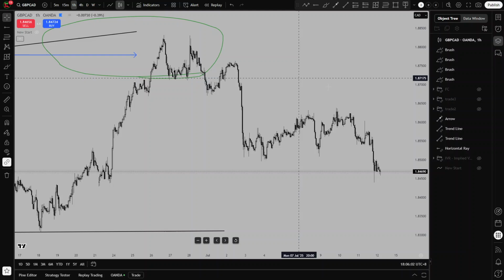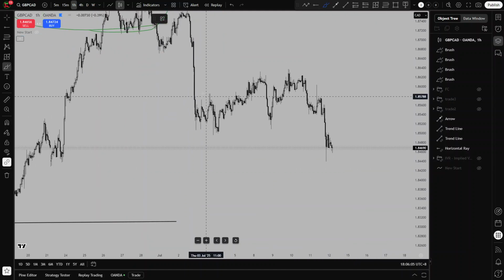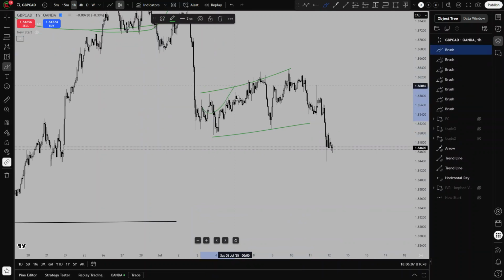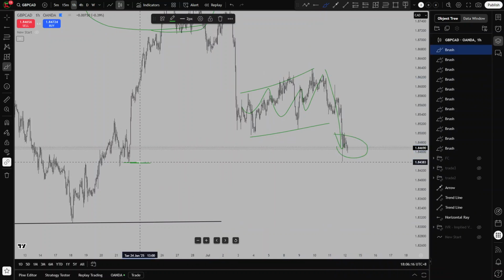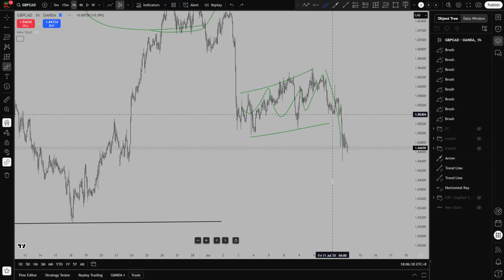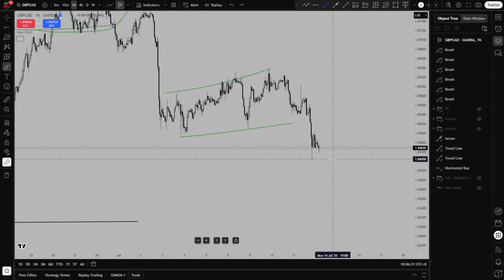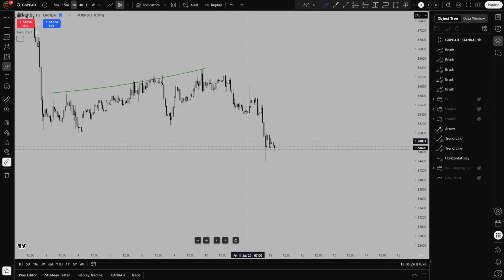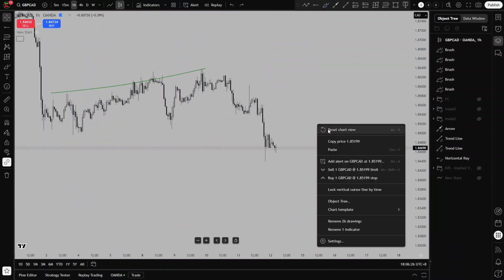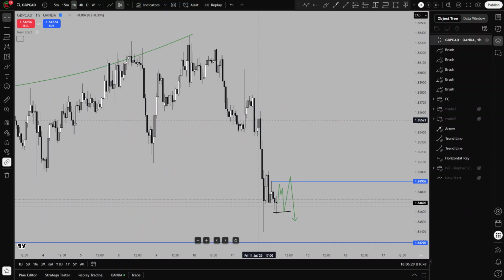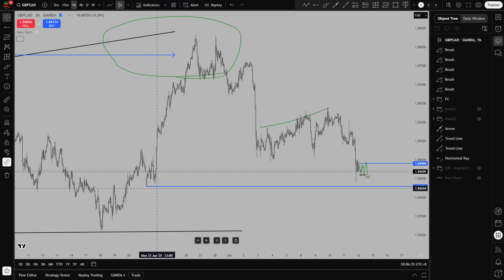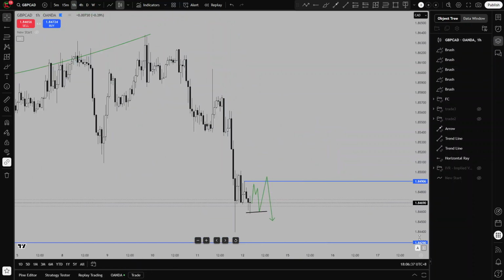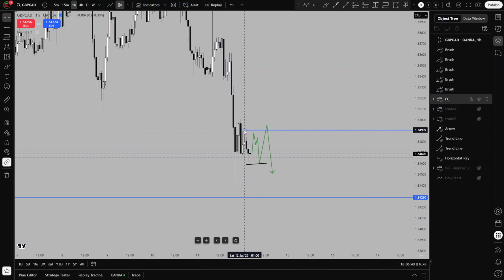So this is not really something which gave us a clear entry, but nevertheless it was a corrective phase here, and it seems now that we broke below and we are now trading a bit in no man's land. We have this small inflection point here to the left. We did not really tap into it, and we are now looking for price to form another continuation on the lower time frame. So that's what I'm looking for right now. I'm looking for a 1 hour structure here. I keep in mind we have this area of interest here to the left. It's very small. It's a weak inflection point, and I'd like to see price forming a bit more structured continuation